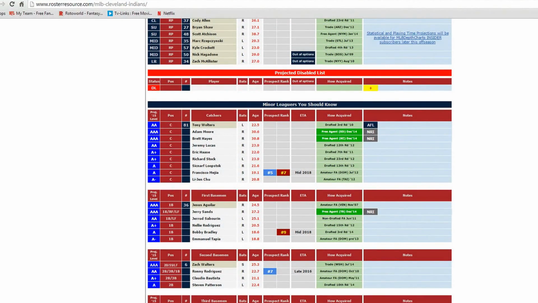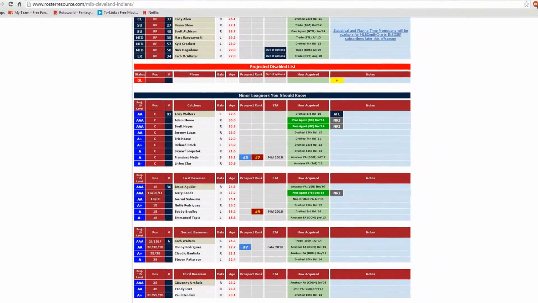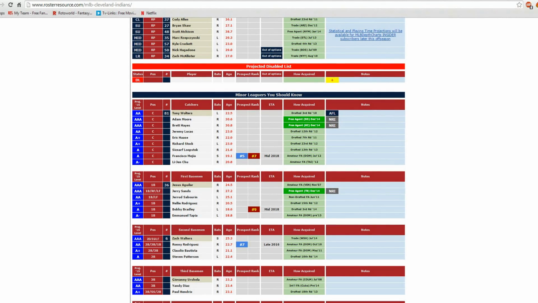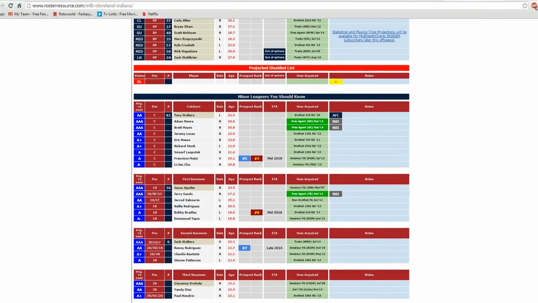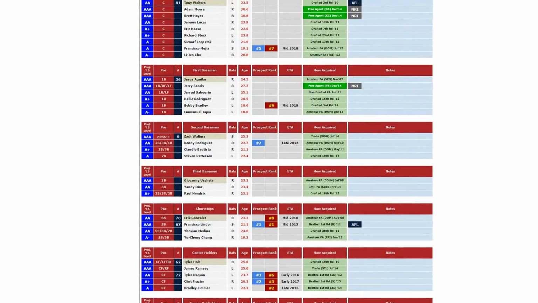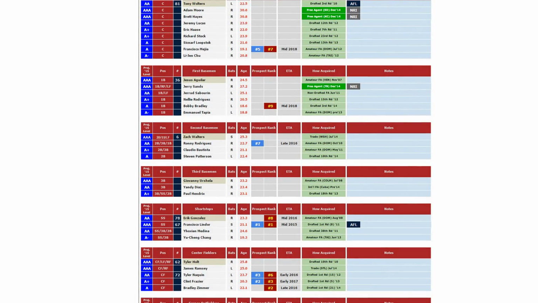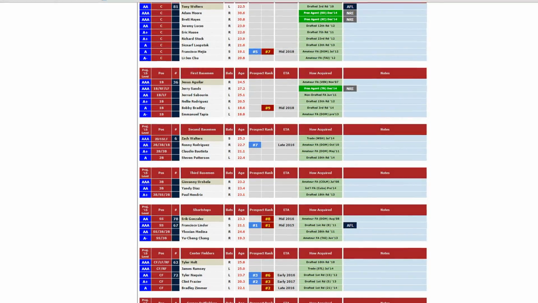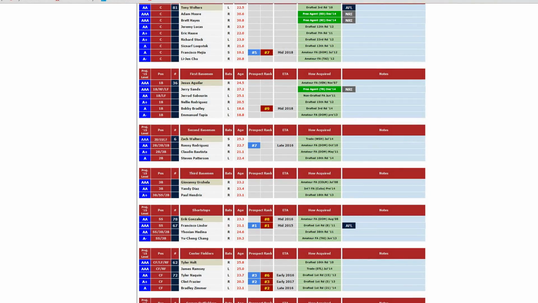And if you see a minor leaguer that you should know, you should probably go to MLB.com, check the minor league scouting report, and that should help you out tremendously. They also have the estimated time of arrival for those minor leaguers. So we have mid 2018 for Francisco Mejia, and you can also check which player will probably make an impact. Like Lindor would be mid 2015, so you could probably have that in the back of your head for this upcoming season, and know that you should probably pick him up and take a flyer on him.